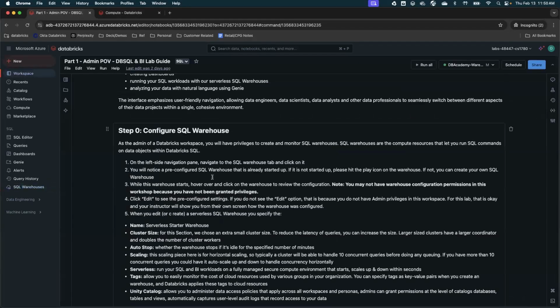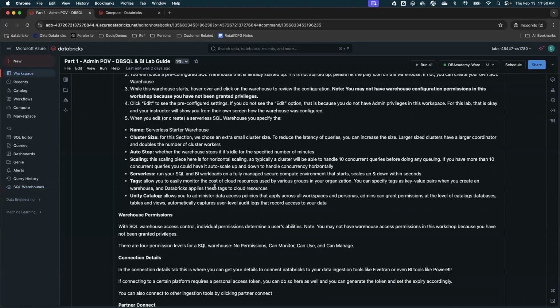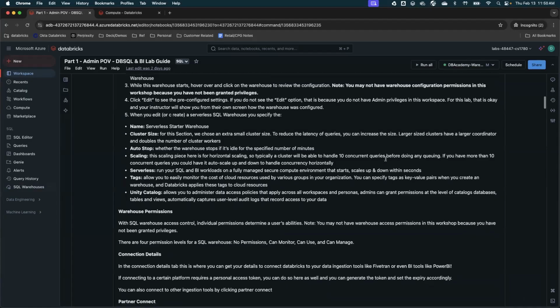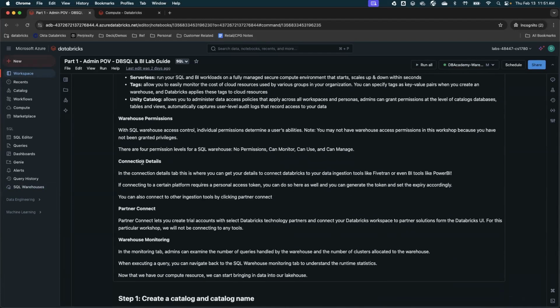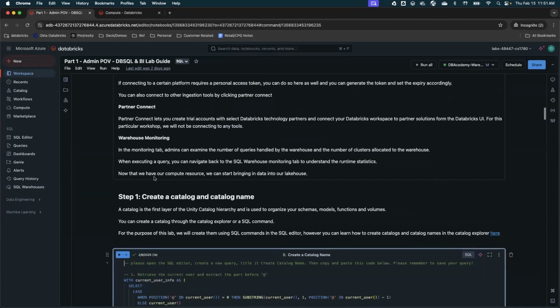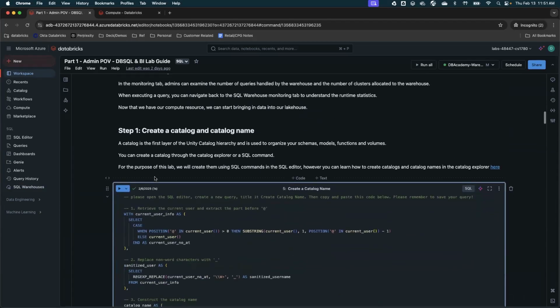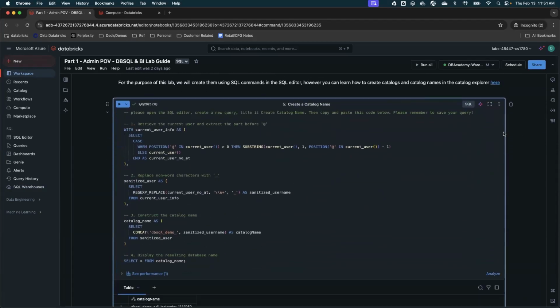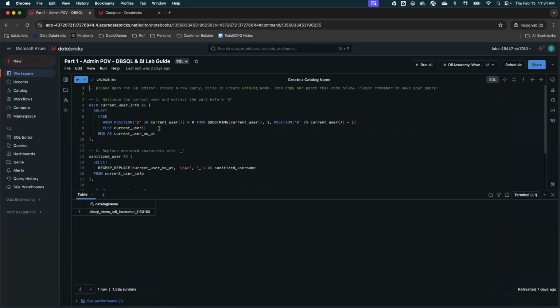Now going back to serverless, you can use the DB Academy warehouse compute, which is already available, and we can get started. Right? We went through all those topics about connecting warehouse, monitoring, etc. So let's get in and run the first query, right? Once you run the first query, which gets the current user and puts details around the current user name, etc., it will give you a catalog name. What you need to do is copy this catalog name, keep it handy with you, right?